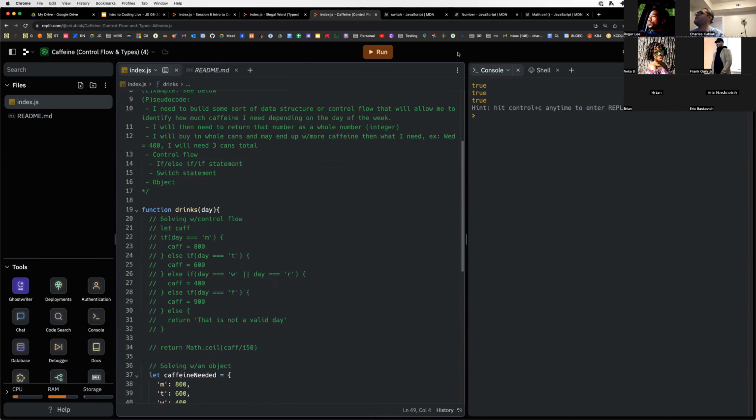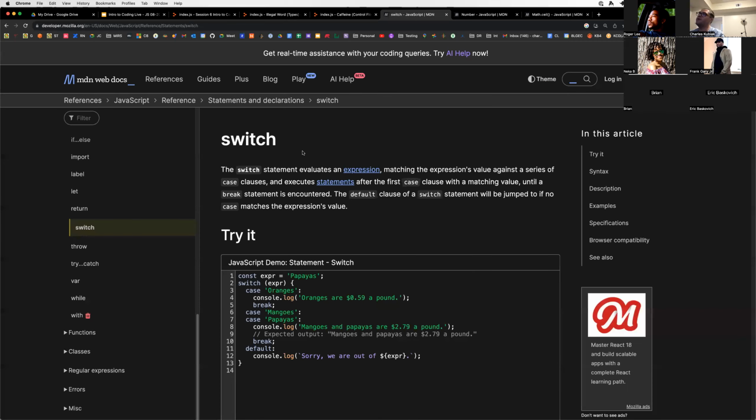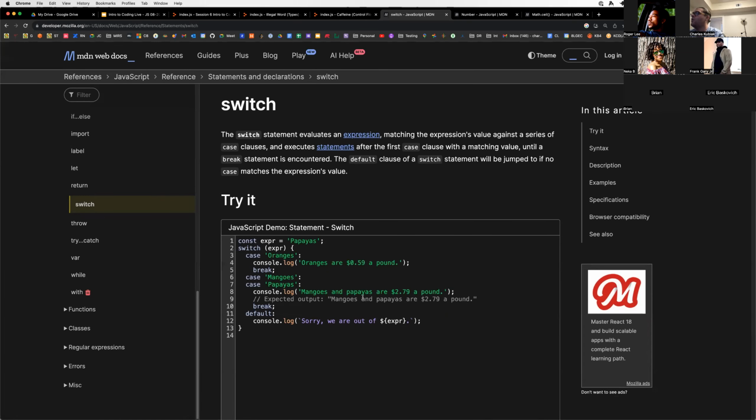All right, and so lastly, and we haven't talked about this in class yet, but JavaScript does have a switch statement. And it basically does control flow. It's like an if-else statement where you can give it different cases, and as the cases match up, you can basically have it take different actions. Now, with a switch statement, you will have a default clause, which is kind of like your else, like this is the catch-all. So if none of these cases get hit,